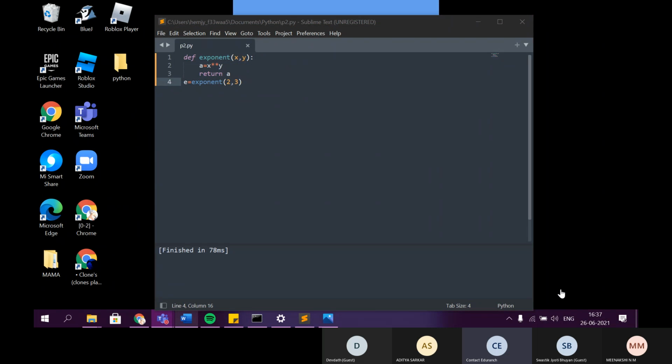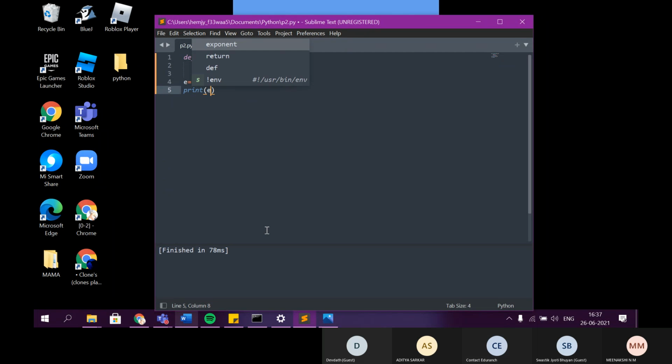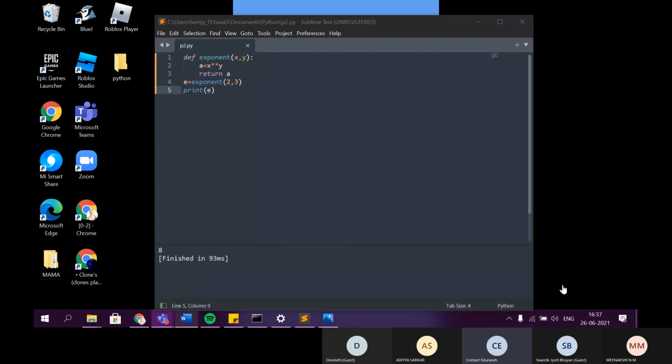You have to print the value. Yes. Now you go print. Okay. Let's all of us. All of us have successfully completed.